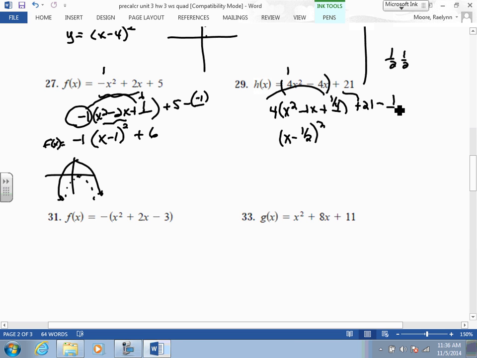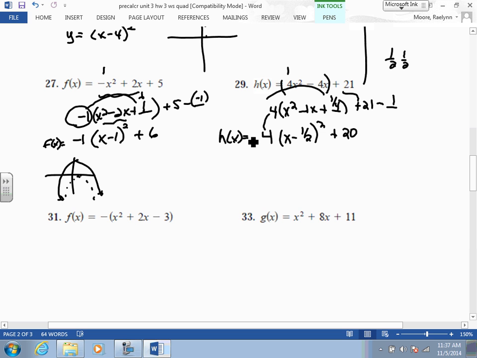What's 21 minus 1? And what else do I have to do here before I'm done? What's missing? From my 4. 4. Good. Gotta bring down this 4. Don't forget that 4. Otherwise you change the problem if you forget it. So here's my